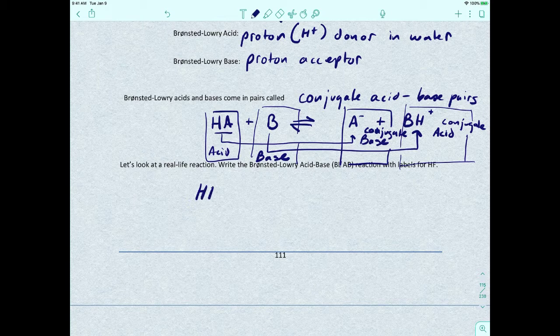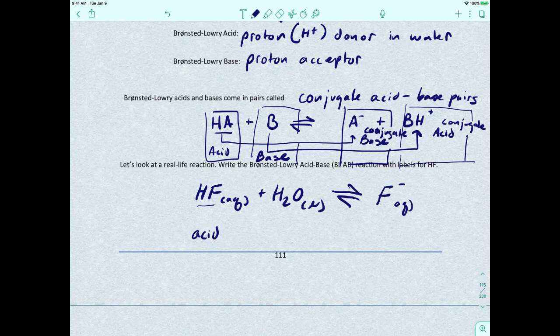What if you had hydrofluoric acid plus water, and that forms an equilibrium. Hydrofluoric acid is going to be your acid. And that means that species is going to give off the H plus, and you're going to form F minus. So that's one product. And so F minus is going to be your conjugate base